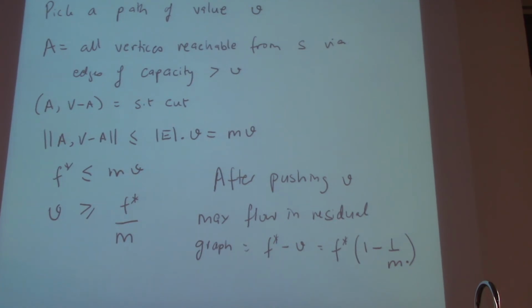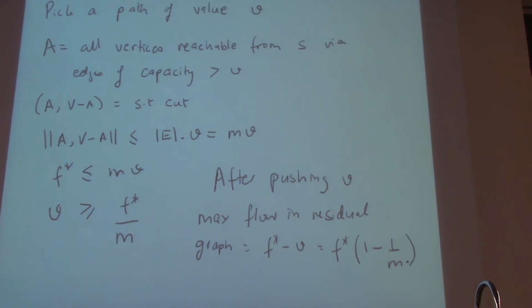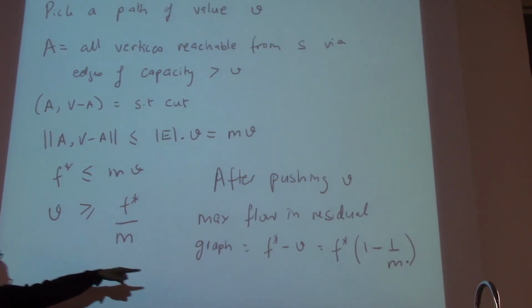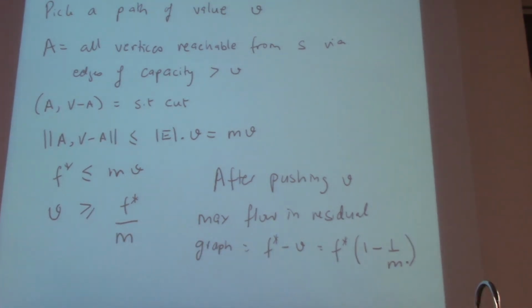Now think back to recurrences. Think back to all you learned about recurrence analysis, or divide and conquer and so on. If I tell you there's a process that after one step reduces to some fraction of itself, what does that say about the process? It's going to terminate in a certain number of steps, isn't it? Because at every step you pull off a constant factor. This is not a constant in the traditional sense, but it's a constant in the sense that it's independent of the flow value itself. It just depends on m, which does not change in the graph. In fact, if m decreases because you effectively destroy a bunch of edges, that only gets better for you.